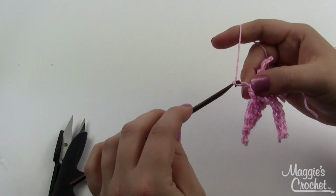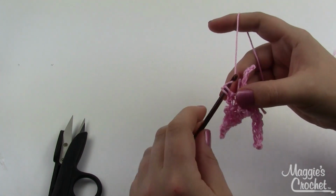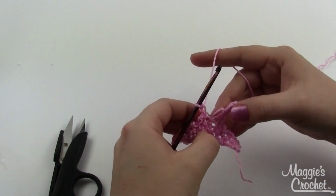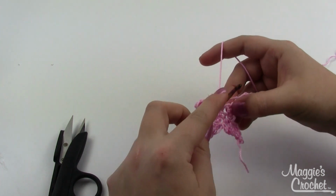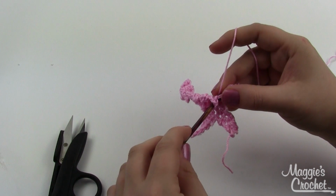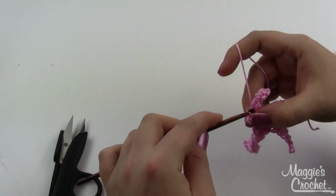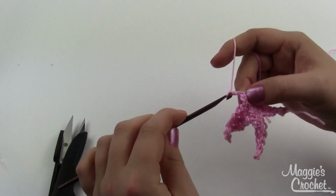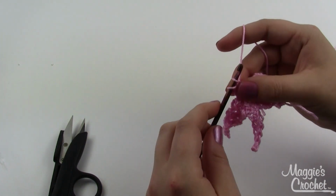So we'll do 2 chains, slip stitch in the second one from the hook, the first one you did, and then as we're turning, when we went in there, we'll call that the first stitch, and then this is the second one, so we'll go into the second one, and I'm going to just hold that tail in with the yarn as I go, in with the body of the work, and we'll hold it in again. We'll do 2 chain stitches, then a slip stitch,